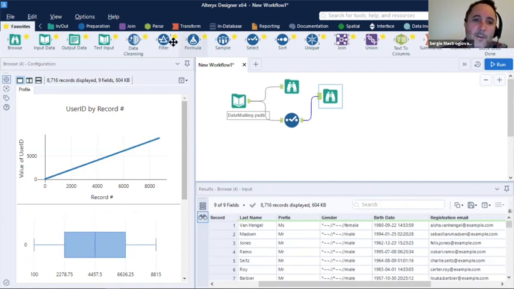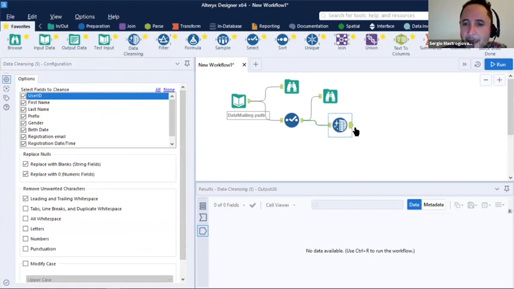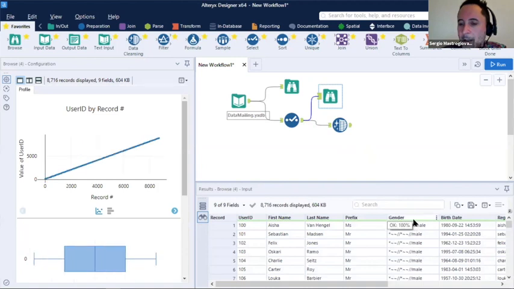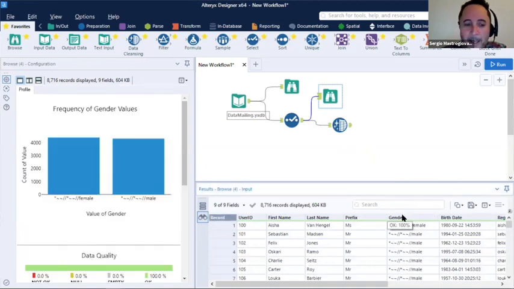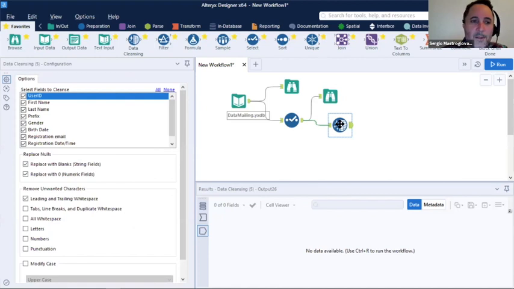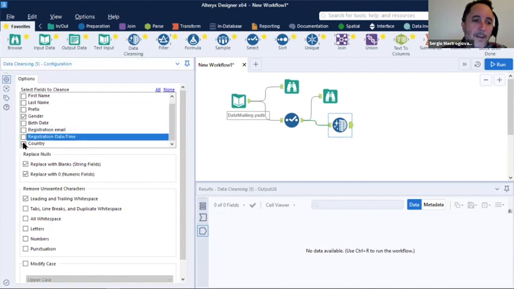So for that, we are going to drop this tool that is data cleansing. Basically, we'll be working with this column, the column named gender, and we are going to clean that data in order to have everything harmonized. So we go to this data cleansing tool. We remove all the fields, and we leave only gender